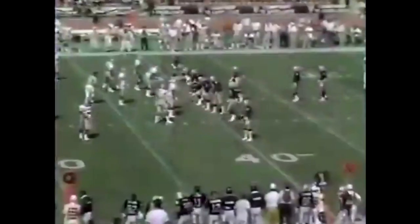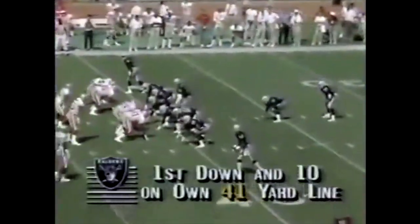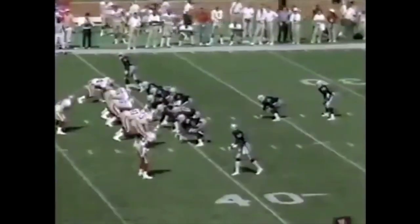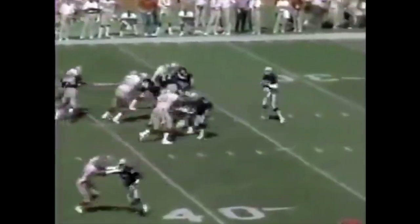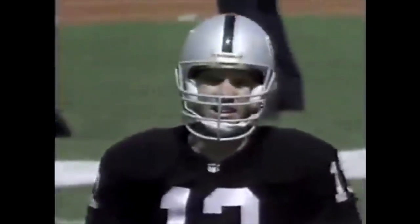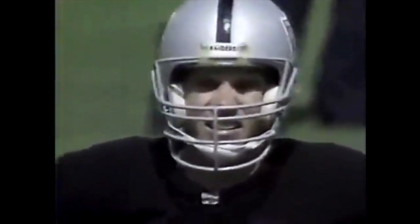Pass. Second interception by the Raiders, and both times the 49ers have been deep in Los Angeles territory. Yeah, they got everything down there on the sideline now, don't they, Pat? Remember, it was an old water bucket? Incomplete. Intended for Ethan Horton. Romanowski back in the coverage. Well, Jay Schroeder has to get something going here because the Raider defense is really doing